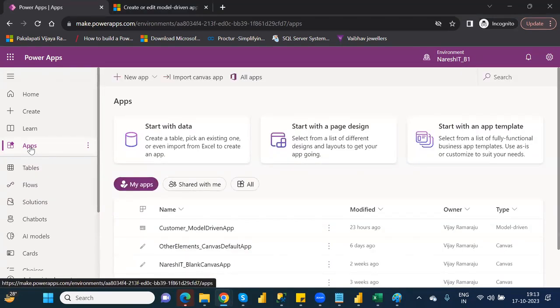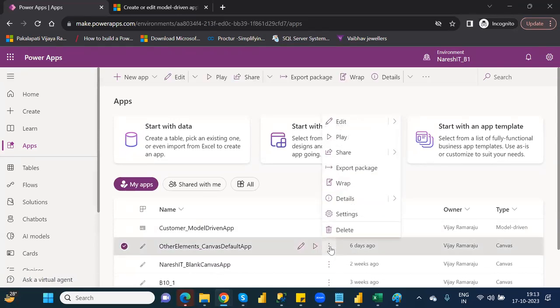So in two ways we can share an app. One is the share option, and another is under the details, where there is a web URL. You have to copy it, and whomever you want to give access to the URL, they will be able to see that particular app. Understand clearly or not? See, not only this one. Suppose, for example, in the Canvas app,